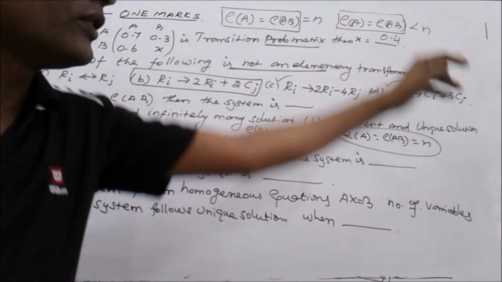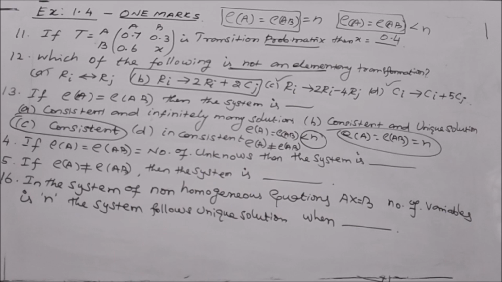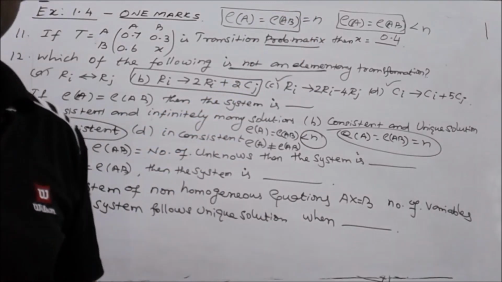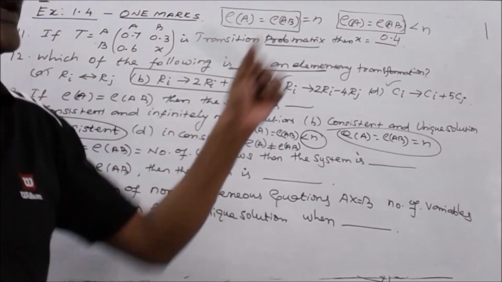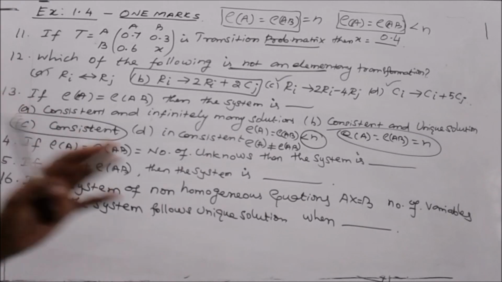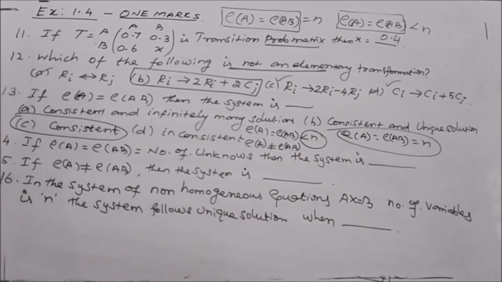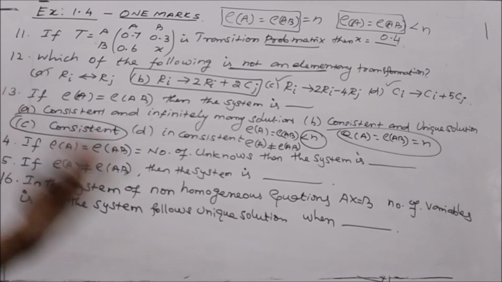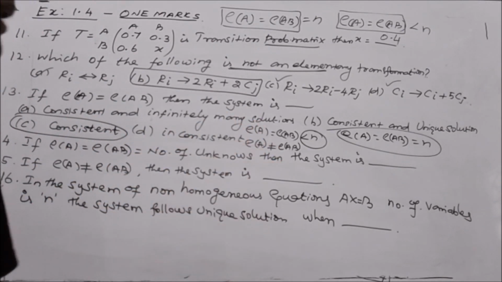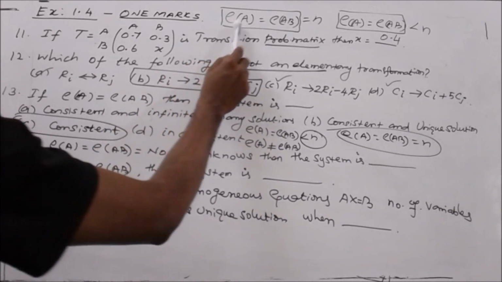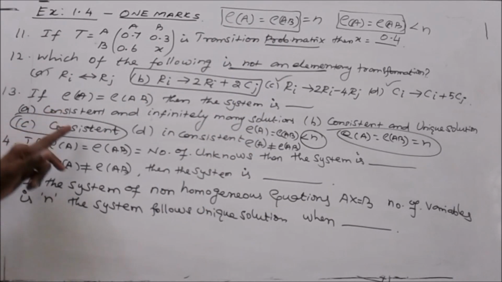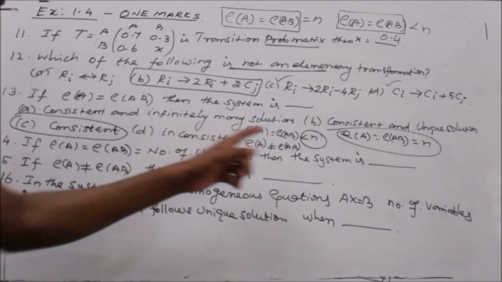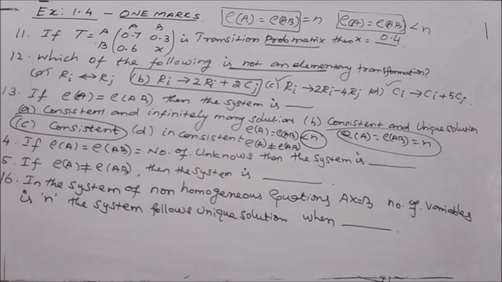If you know the value of n, the information given about n only, we can conclude it is a unique solution or infinitely many solutions. So simply given rank of A equal to rank of AB, we cannot say anything about the solution, but we can say that the given system is consistent. So with rank of A equal to rank of AB only given, the system is only consistent. If you know the value of n, we can decide whether it is unique or infinitely many.